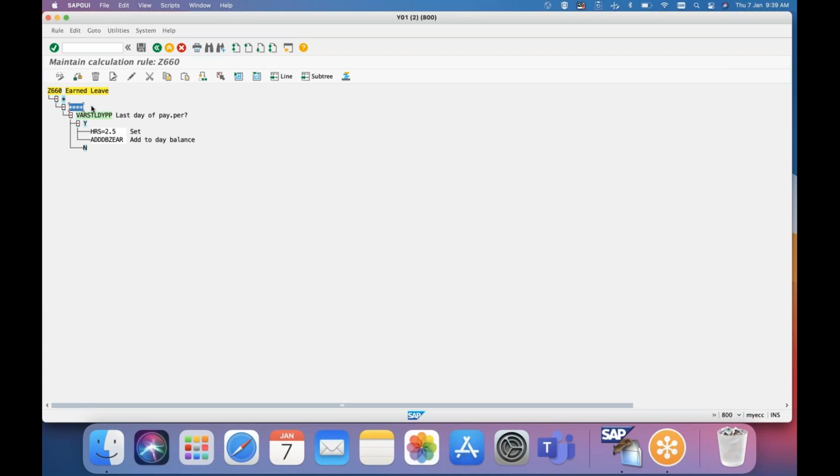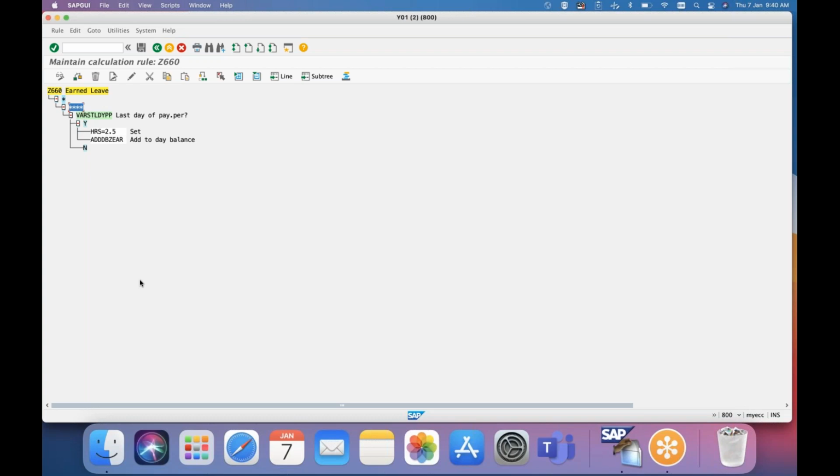Even though it refers to time type, it's still referring to time pair. If you give time type over here, it will refer to time pairs whenever you are reading something from the time pair. If that time type is there in the time pair, we will call it. That will work at the time of late coming, early going, overtime, especially in positive time management. We'll see how the time pairs and time types are related. So these kinds of PCRs are irrespective of any of the time pairs.